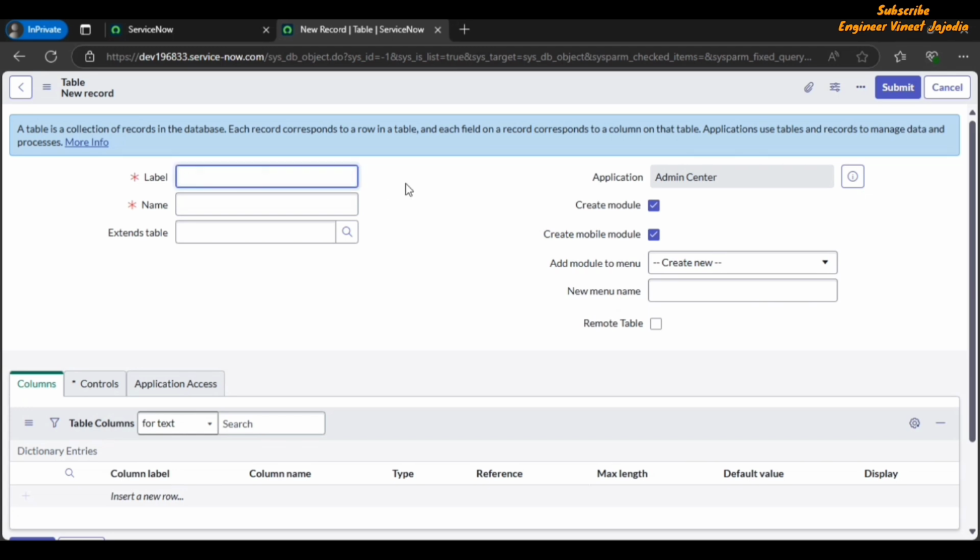So label will be employees, and if we click outside of this label field, we are going to see that name is auto populated. Now name is auto populated with the scoped name of application. In the global it was u_employees. Here it is scoped application name underscore employees. From where you can see the scoped name of application,